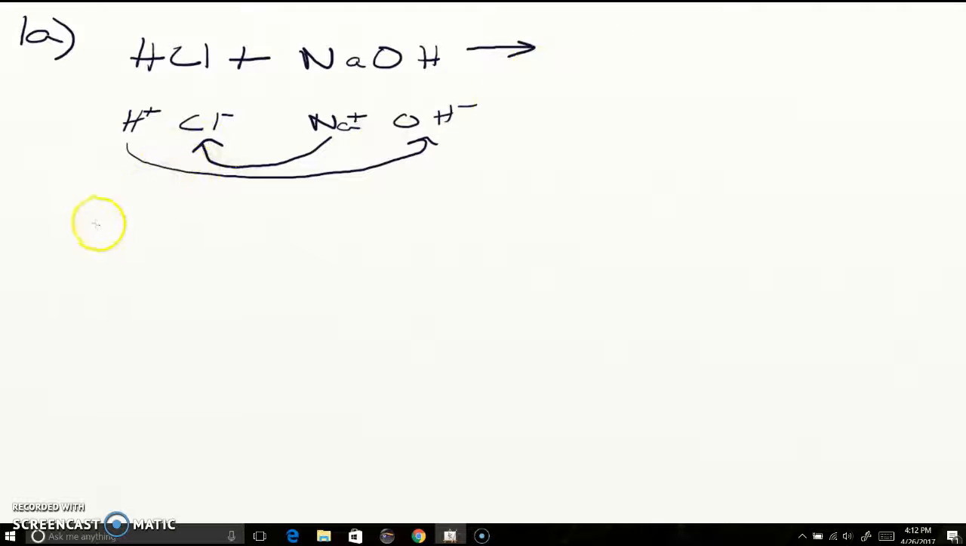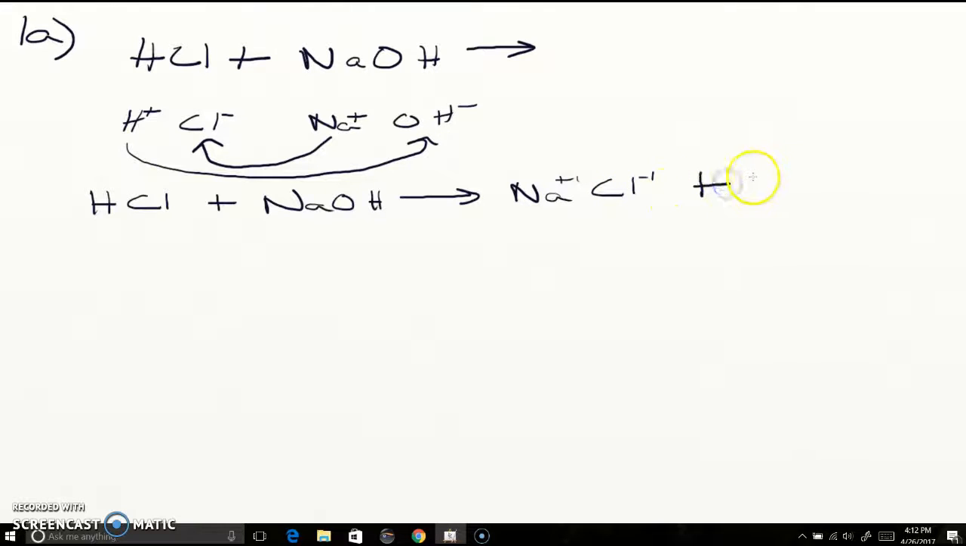So if I rewrite this, it looks like this. HCl plus sodium hydroxide yields Na with a plus 1, and a Cl minus 1. And then it also gives us H plus 1, and a hydroxide minus 1. Alright, so remember, use the charges to balance them out, and then you should end up, and I'll rewrite